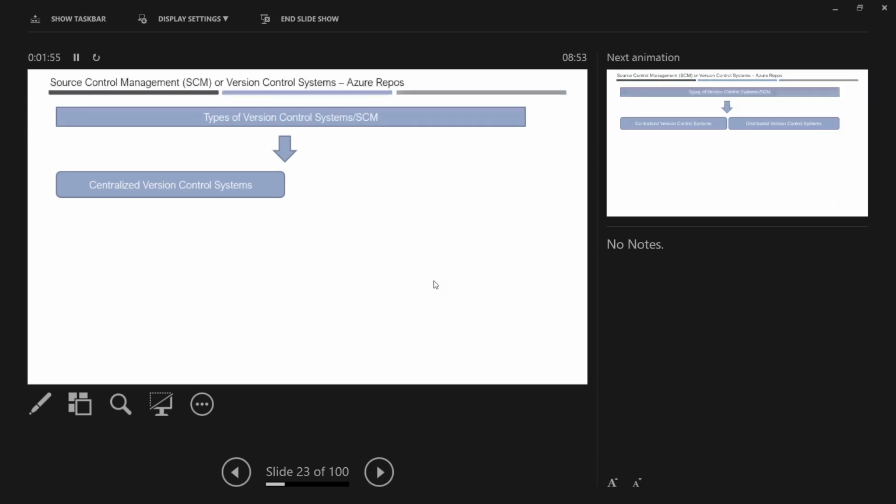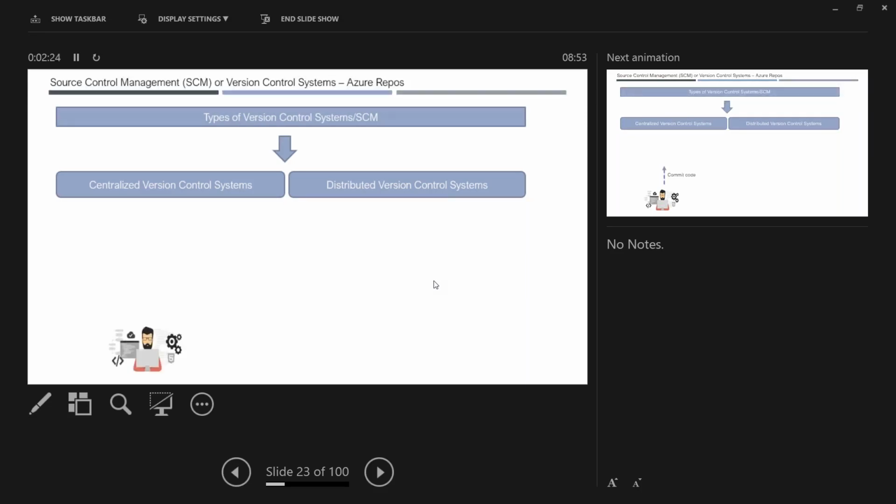One is a centralized version control system. You call it a centralized source control management system. Guys, I might be using words interchangeably, but both are the same. Then you have a distributed version control system. For the last 5-6 years, distributed version control became a de facto standard for all organizations. We will see why.